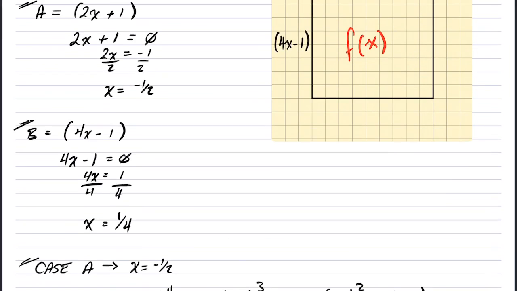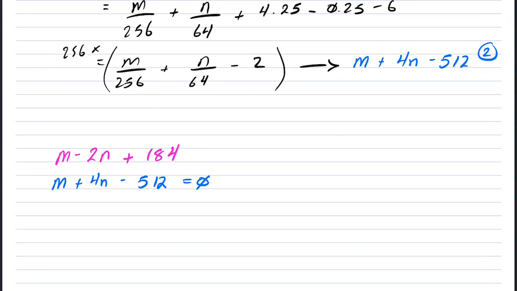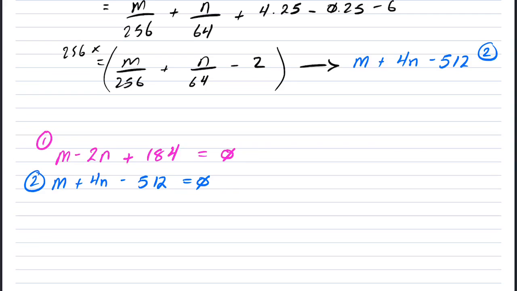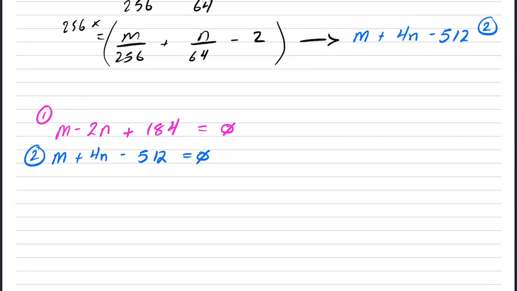Because again, when we're using these as a means to solve for our equation, when we plug in these values, we're finding the zeros, the point at which this function equals 0 at those points, okay? So both of these have to equal 0. And what's nice is we have two equations and two unknowns. We can utilize these two equations to help us solve for one of the unknowns. And the way that we're going to do this is